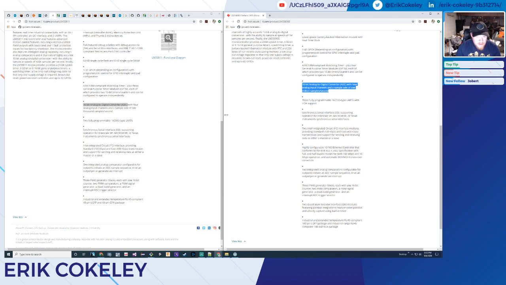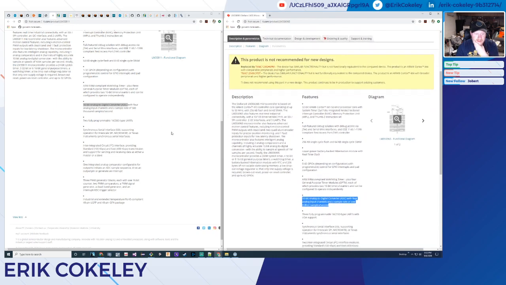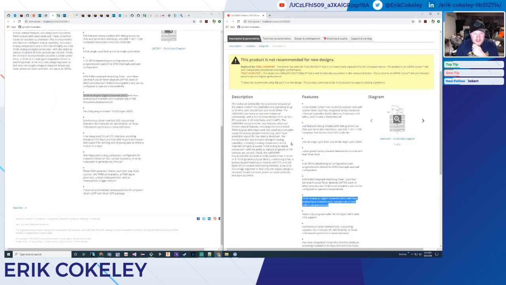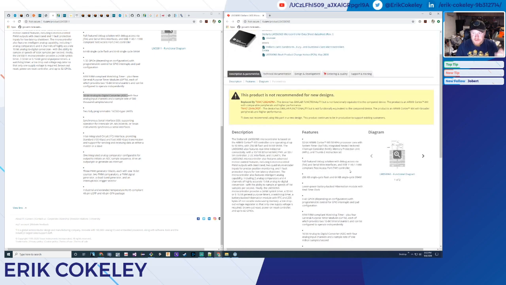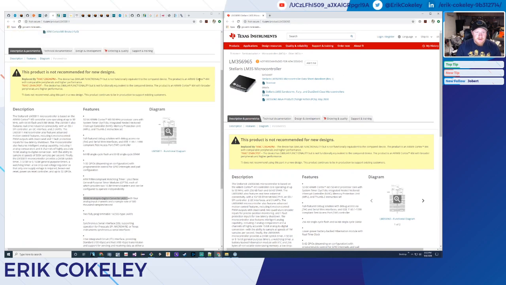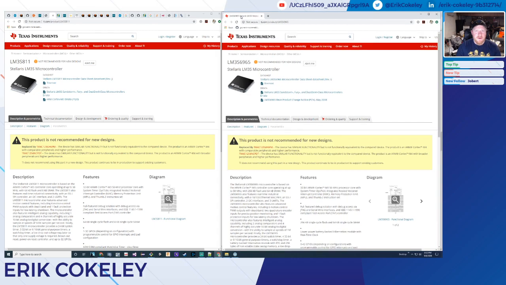PWMs. So it sounds like this one is the cooler one. I'm gonna go with this because it's nice. It looks like this is like a superset of that, where I didn't see anything that this had that this one didn't have. And everything on this was faster. This has quadrature encoders, nice, so we can do some stuff with that later. So we'll keep that one open, but